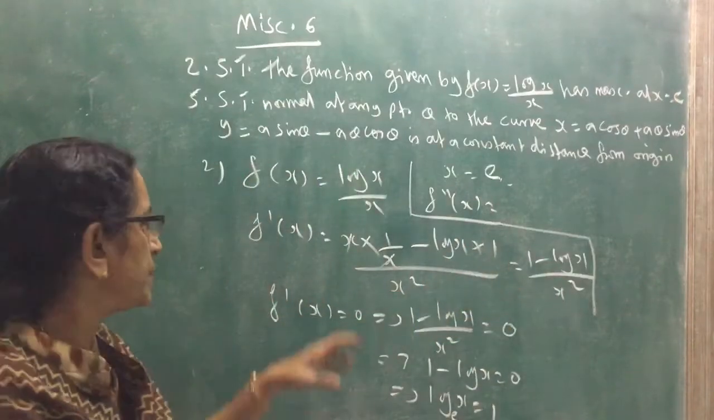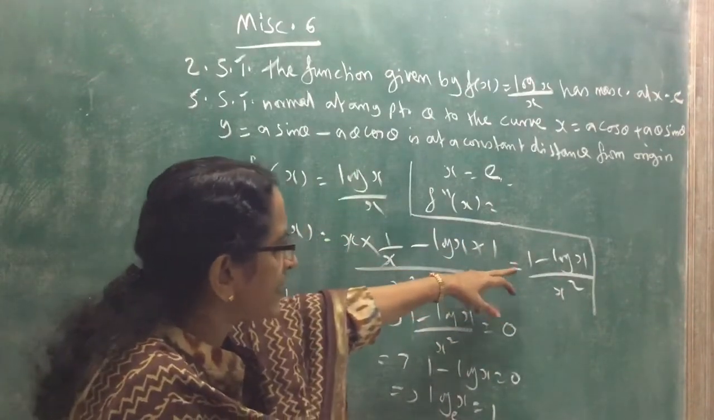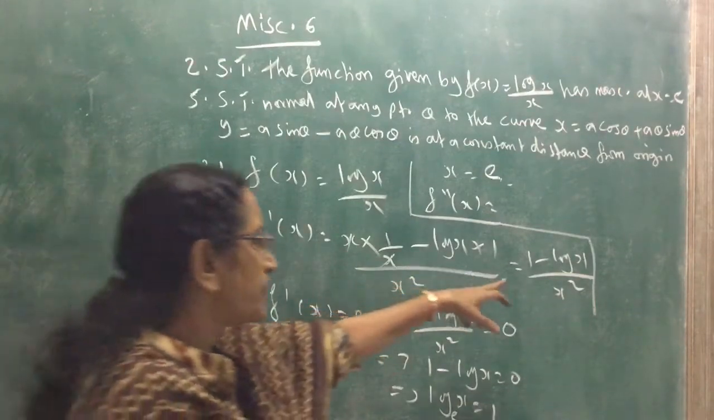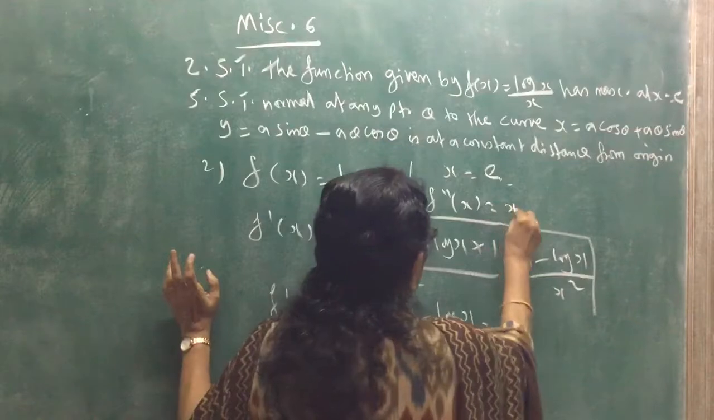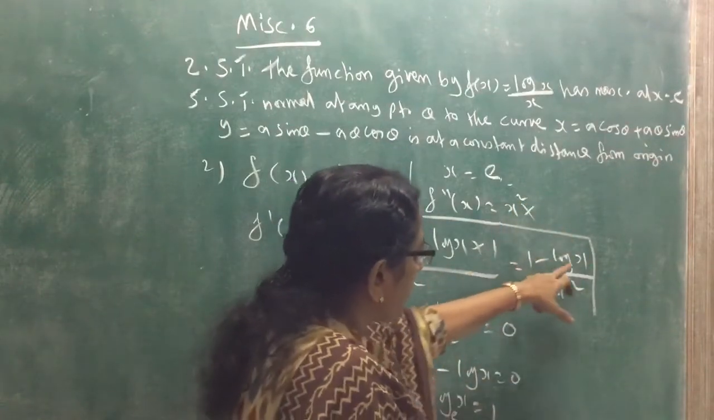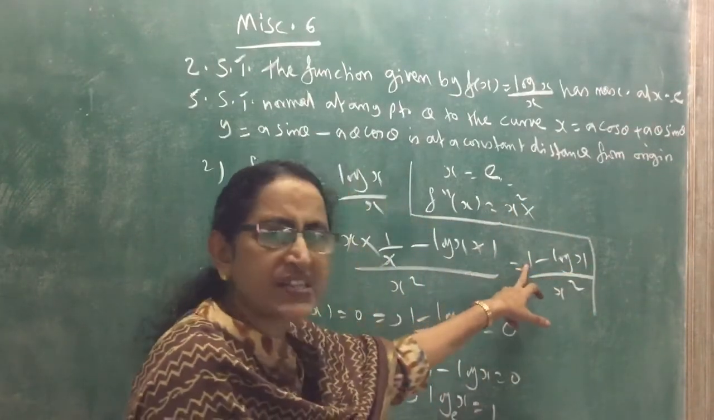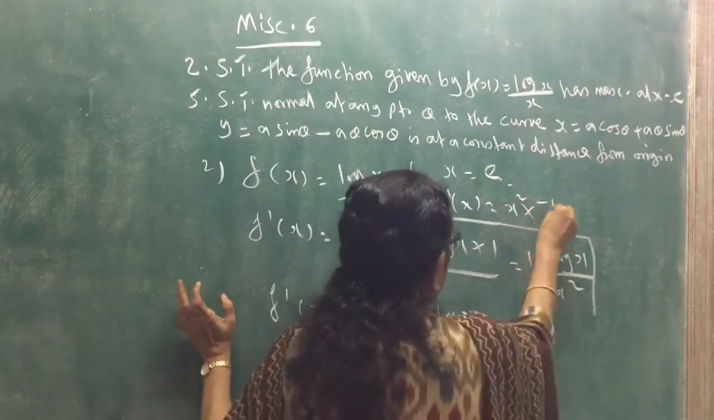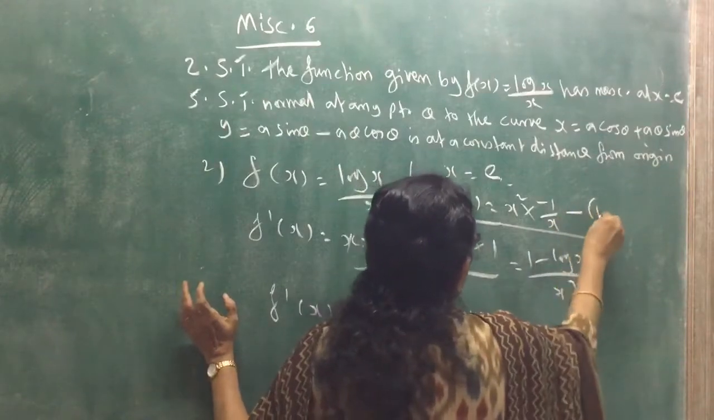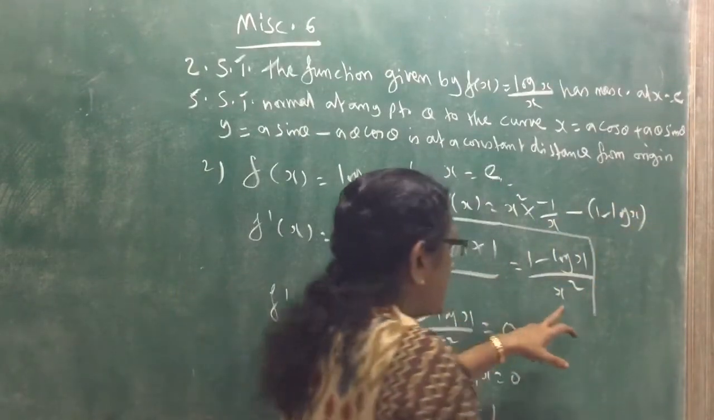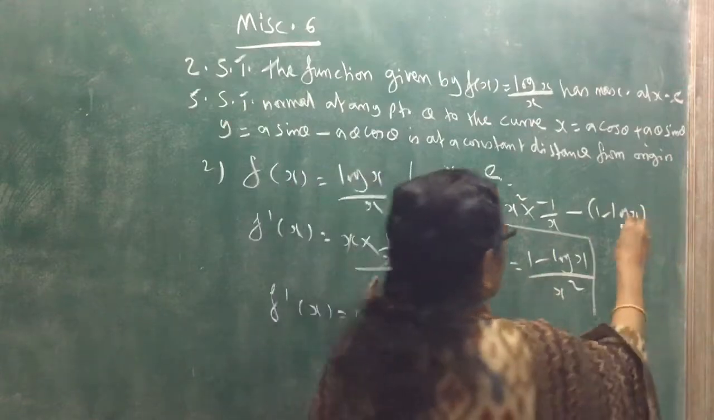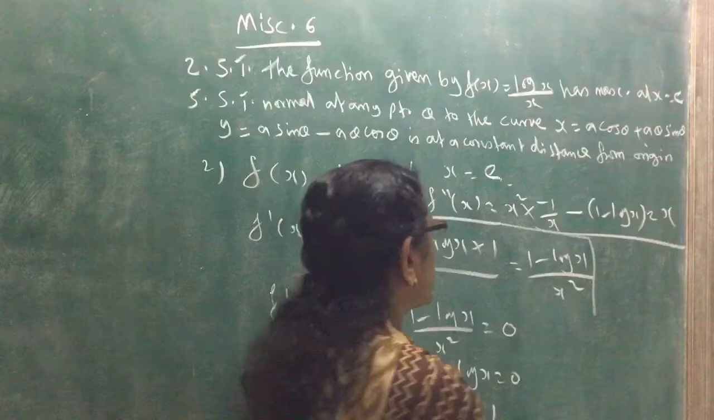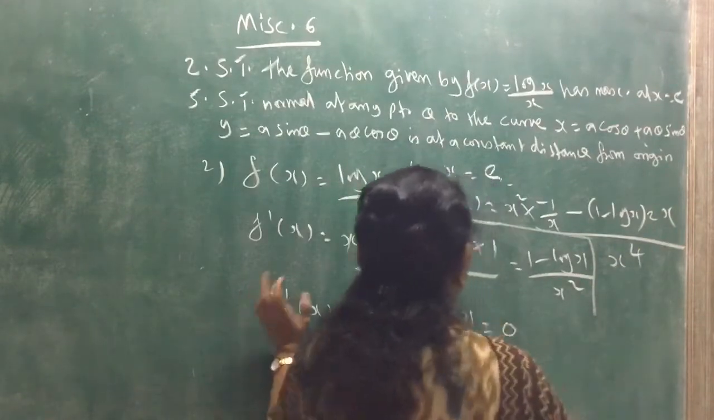find the second derivative. That means derivative of 1 minus log x by x square. So again we have to apply the quotient rule. So denominator x square into derivative of 1 minus log x, that is derivative of 1 is 0 minus derivative of log x, 1 by x, so into negative 1 by x, minus 1 minus log x into derivative of denominator x square, that is 2x, whole divided by denominator square, x square square, that is x raised to 4. Simplifying that we get